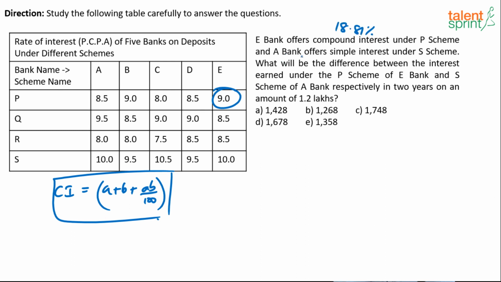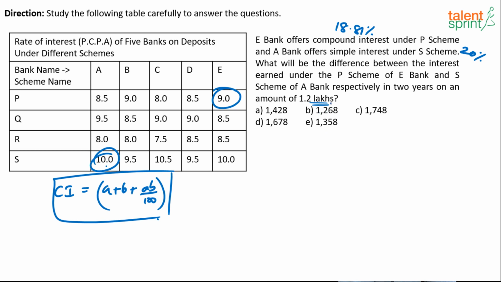Then A bank simple interest S scheme. A bank S scheme simple interest. How much will this be? 20%. So this is going to be 20%. Now what will be the difference in these two schemes in 2 years if it is 1.2 lakhs of investment? So basically approximately 1%, 20%, and this is let's say 19%. What's the difference? 1%. 1% of what? 1.2 lakhs. 1% of 1.2 lakhs will be 1200, but options are not,